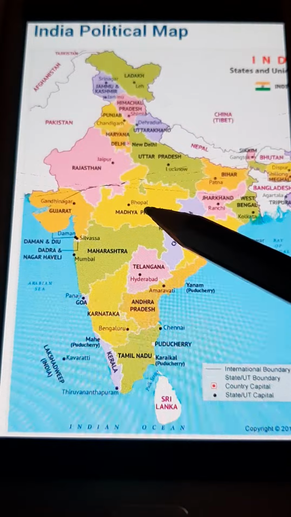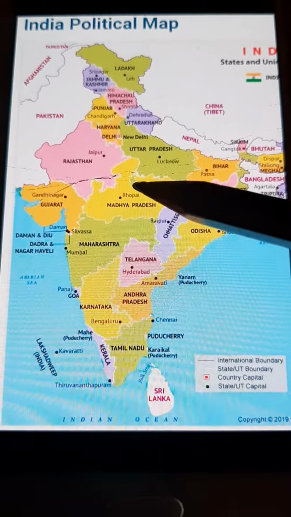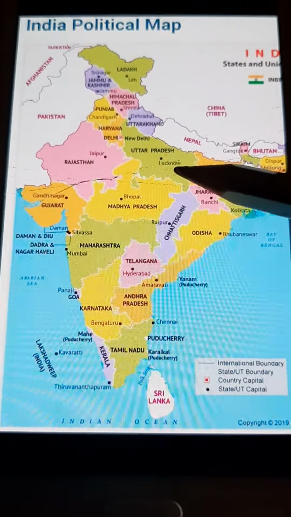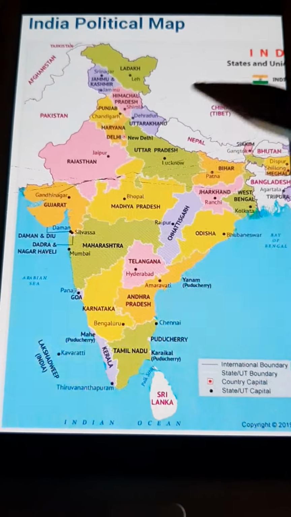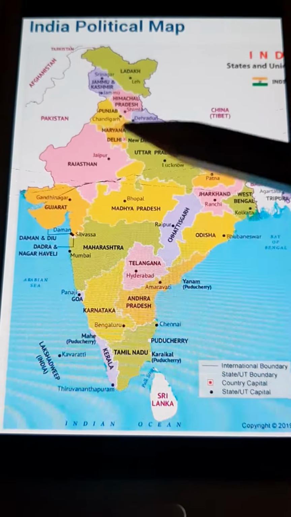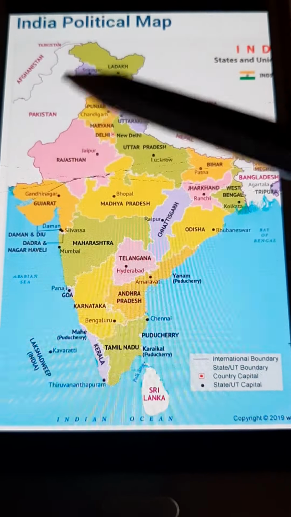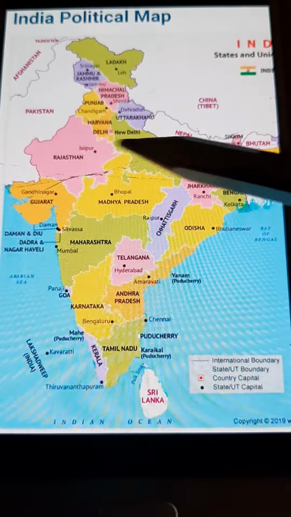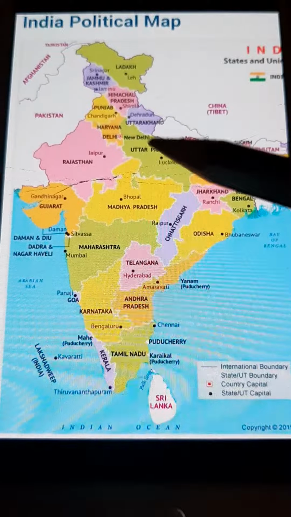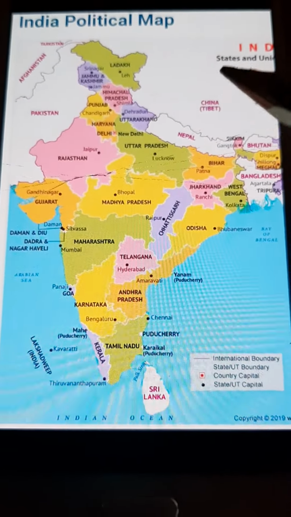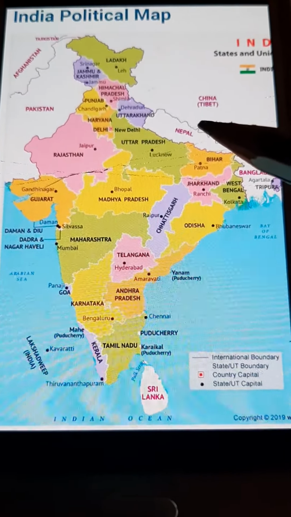A small scale map is one in which we are showing a big area, like we are showing the country India. We are showing a big area but with less details. The name is small scale, but the scale is big, in which we are showing a big area with lesser details. Like we are showing India, a big country, but with lesser details, meaning here we are getting information only about the different states and their capitals. That's all. So this is a large scale map. Sorry, this is a small scale map where we represent a big area with less details.